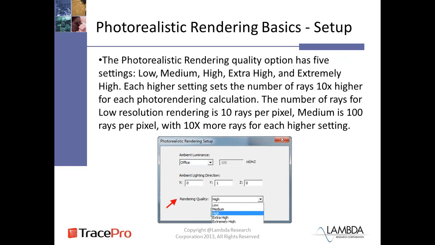The next setup we're talking about is the rendering quality. There are 5 different options and settings here: low, medium, high, extra high, and extremely high. Each higher setting sets the number of rays 10 times higher than the previous setting. The number of rays for low resolution rendering is 10 rays per pixel. Therefore, 10x would be the medium rating, and this is 100 rays per pixel, with 10x more for each higher